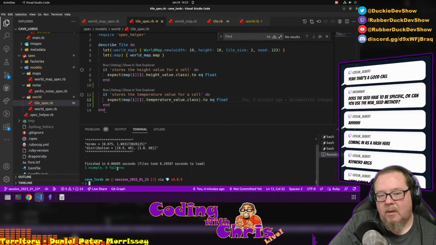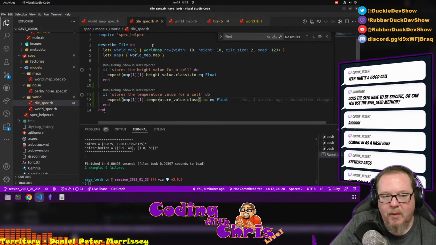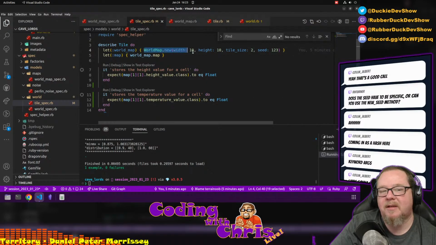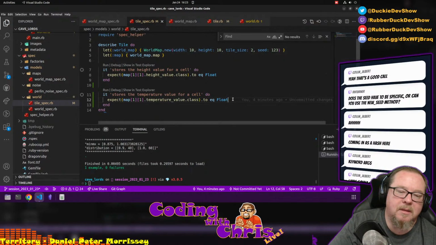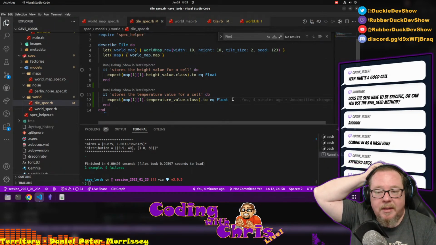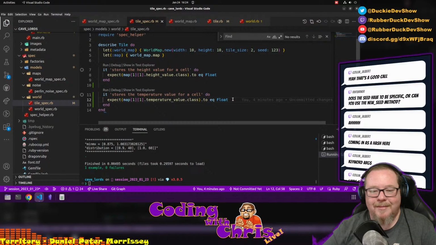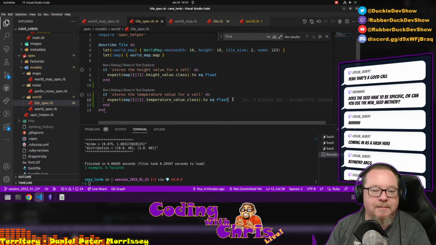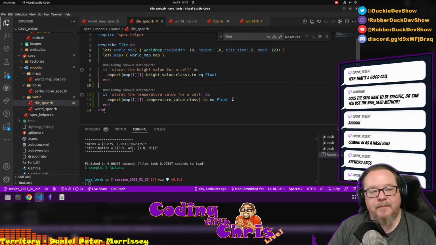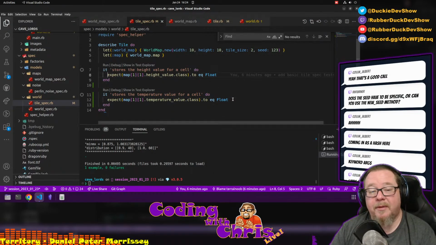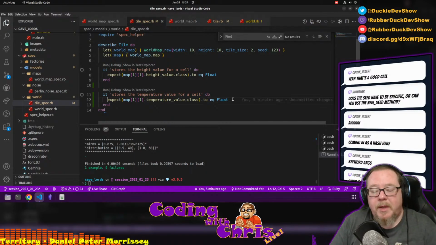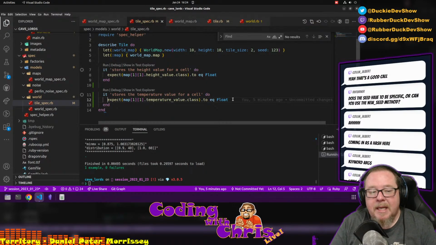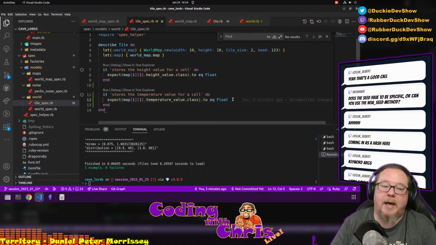The problem is we're not really testing anything except that it has a field, because I can have this field now without actually having the world map assign anything to it, right? So is that a valid test? I mean, it's valid. Is it meaningful? Not really. And honestly, the same thing for this one. So what we need to do is figure out a way to test something that's meaningful for these. If I'm generating a world map, my tiles should have